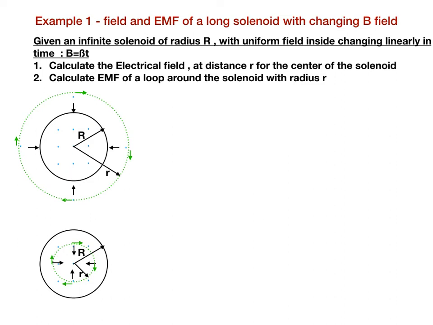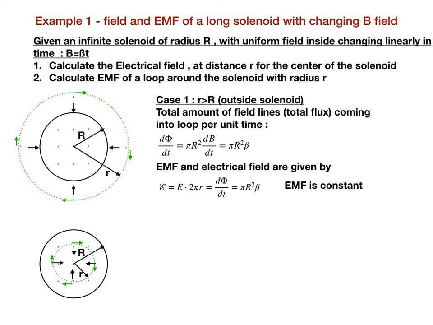Remember that in the case of the solenoid, the field inside is changing, but there's no magnetic field outside the solenoid, only inside. Let's first look at the case where the loop is outside the solenoid. The total amount of field lines, or the total amount of flux coming into the loop, is given by the area of the loop times the change of the magnetic field, and the electromotive force is given by the electrical field in this green dotted circle times its circumference,